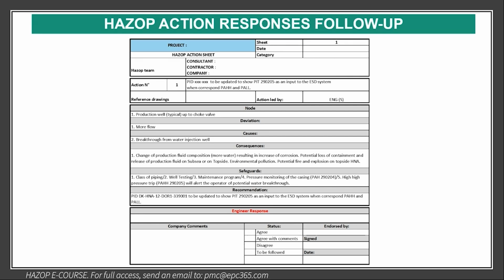Then there are company comments. The company can give a comment and say agree, disagree, or to be followed in the next phase of the project if it is not finished, and it should be endorsed by the company representative. It can be several people, but it is a formal closure of the